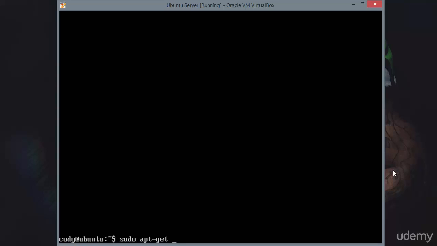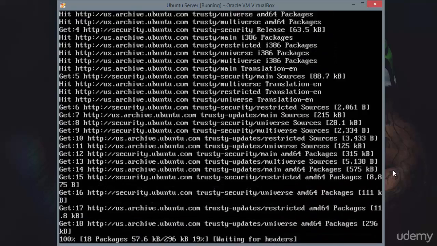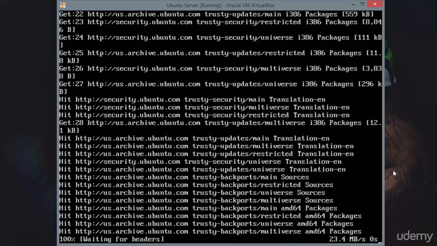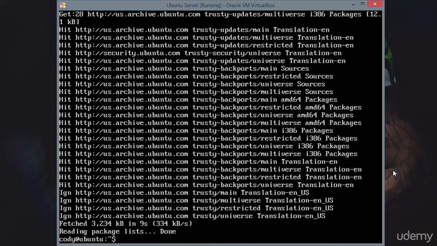Some people also forget to run sudo apt-get update. What this is going to do is fetch from the servers, from the repositories, all of the latest package information. So running sudo apt-get update will ensure that you are pulling the latest package information from the repositories. The update command makes sure that apt-get has the correct dependency tree, the list of dependencies for the package or packages you're trying to install,